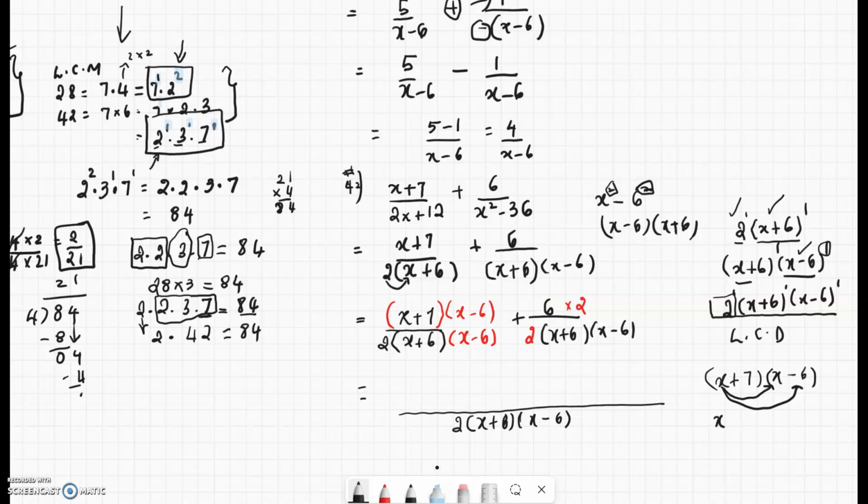So it's x times x, which is x squared, x times negative 6, which is negative 6x, and then you go plus 7. Don't forget the sign. It's the plus 7 times x, which is plus 7x, plus 7 times negative 6, which is negative 42. So this is equal to x squared plus x minus 42. So this is x squared minus x, x squared plus x minus 42